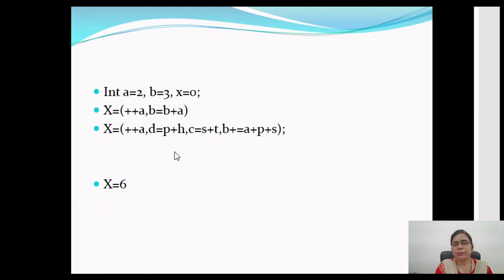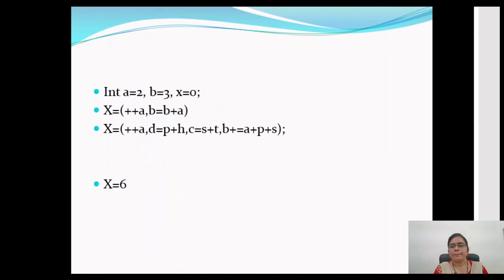Why are we using the term discarded? Actually, we are not discarding the value. These expressions are getting evaluated and the values are updated according to this evaluation. We are using the term discarded because we are not directly using that result to be assigned to the variable on the left hand side. The value that we are assigning to the variable on the left hand side is the value that we are getting from the last expression. That's why we say that we are discarding the output that we are getting from all these expressions.